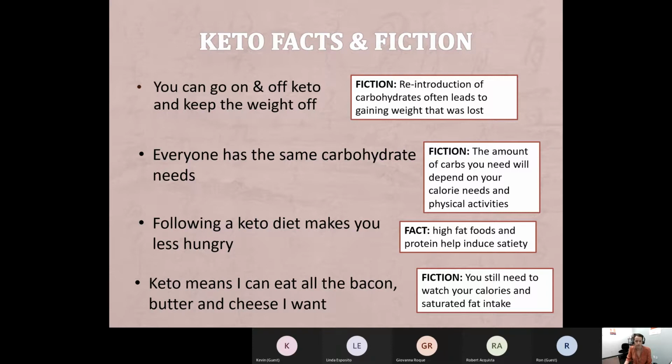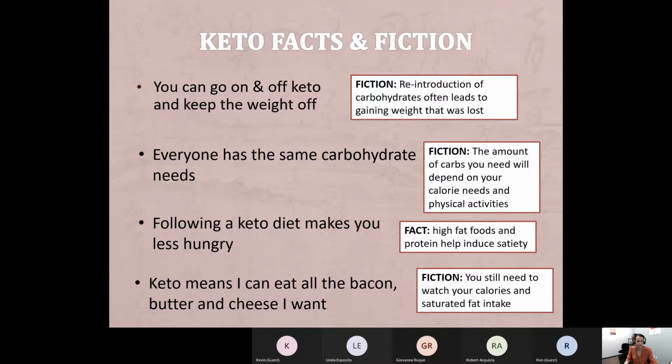That was lost because a lot of times we lose weight via water. Everyone has the same carbohydrate needs is fiction. The amount of carbs you need will depend on your calorie needs and your physical activity. So notice I didn't say only 5 grams of carbs per day. I said 5% of your calories. So everyone's different. If you're 6'5" and you're exercising every day, it's way different than if you're 5'2" and you're not exercising at all. So your calorie needs and your carbohydrate needs differ based on you,